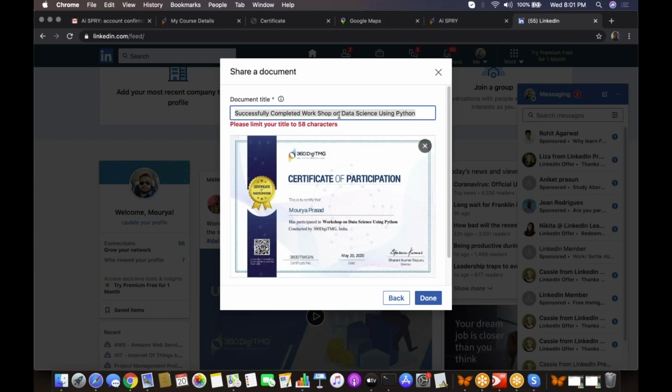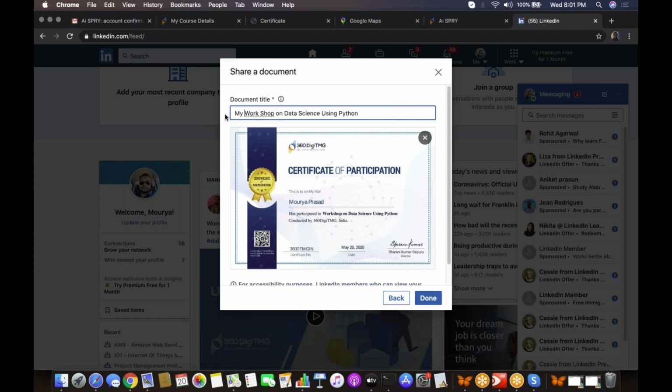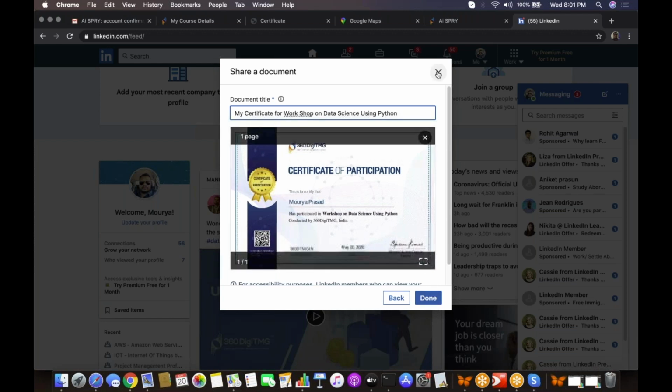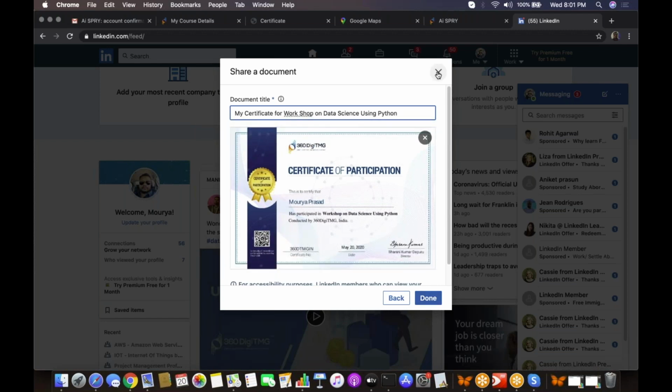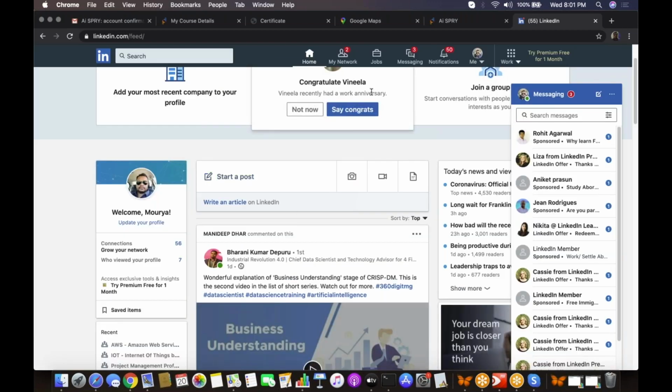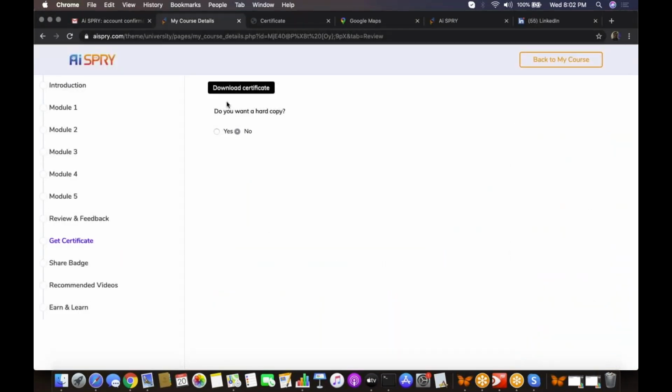Or you can write my certificate for workshop on data science using Python, and select done. Once you select done, your certificate will be posted and displayed on your LinkedIn, so that you will get more visibility for your profile and the course you have done.